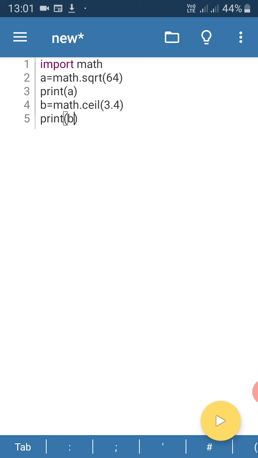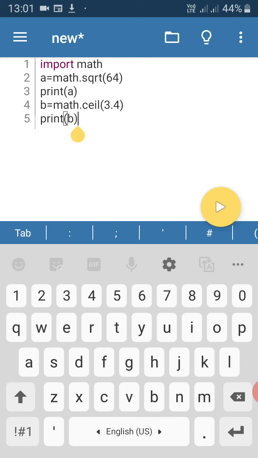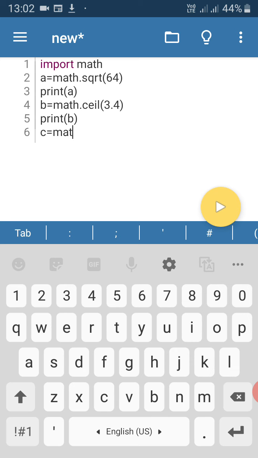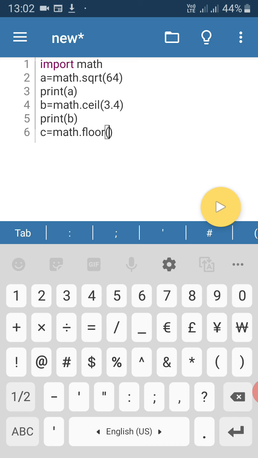Now next is floor. What does floor do? It returns the largest integer that is less than or equal to x. In case of ceiling what was it? Smallest integer that is greater than or equal to x. In case of flooring, largest integer that is less than or equal to x. For example, c is equal to math dot floor within bracket.